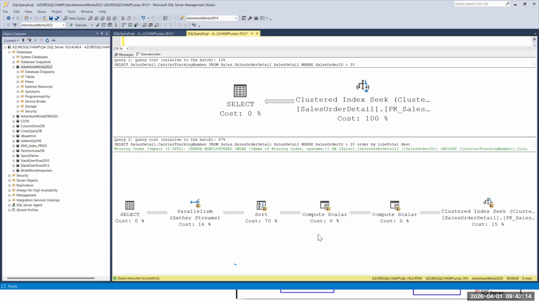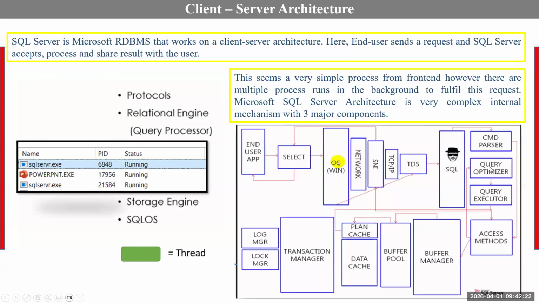Okay, fine, it is preparing the execution plan. The input for the optimizer is the query tree. But based on that query tree, how is the optimizer preparing the execution plan? It simply can't prepare it on its own, right?